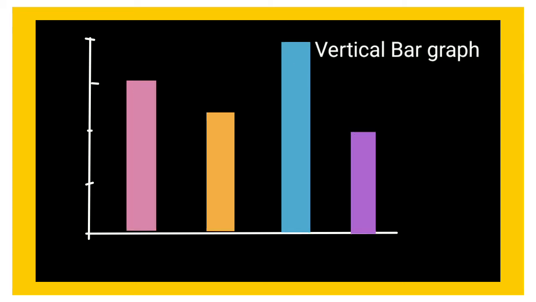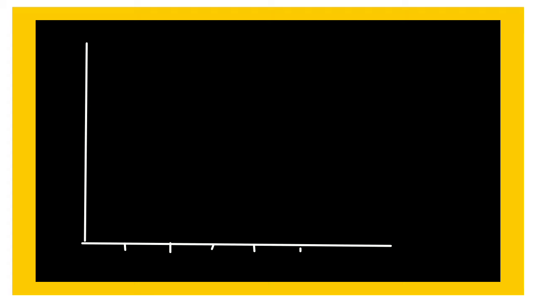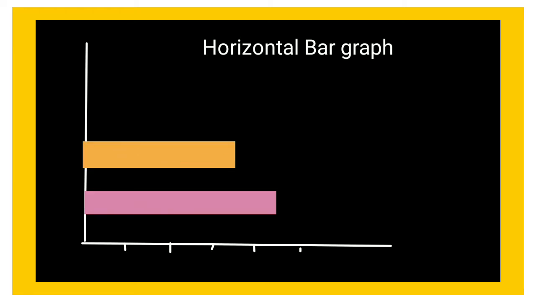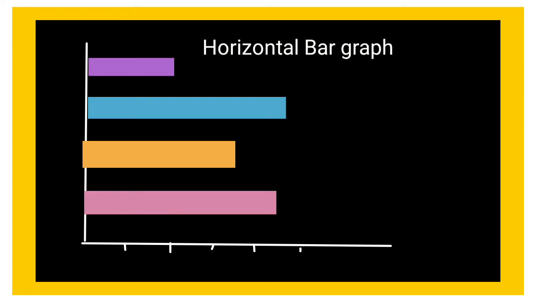The bar graph can be a vertical bar graph in which the bars drawn are vertical, and you can see here the gap between the bars is the same, or it may be horizontal. In case of a horizontal bar graph, the bars are horizontal and the scales are marked on the horizontal axis, as it's very clear in this figure. You can see, children.